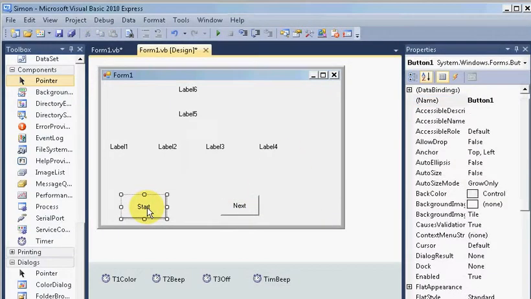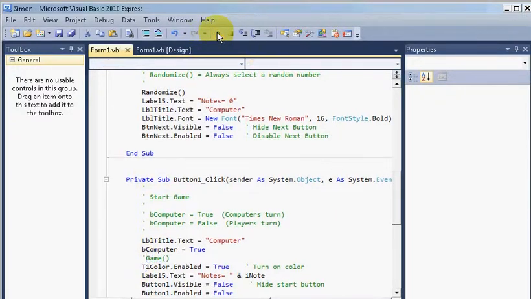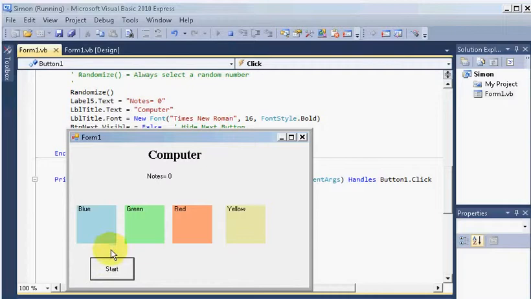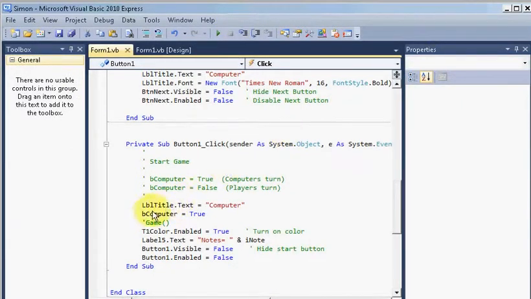Click on the start button, and we're just going to comment out this subroutine for a minute, and we should be able to run the program. Push the start button and it goes away. No lights, no sound. Stop. You can remove this comment,